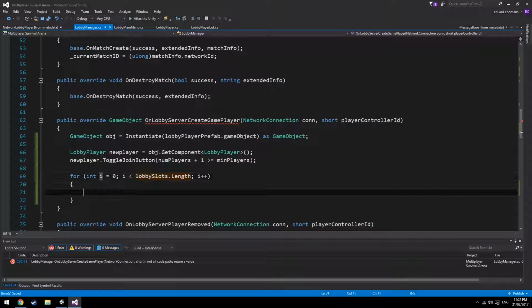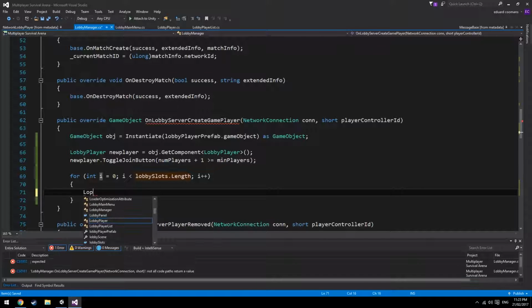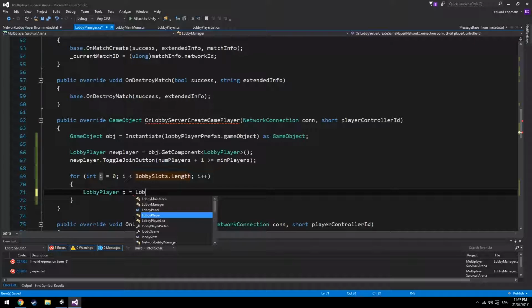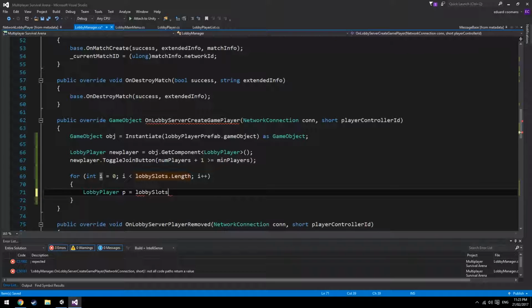So we want to go through all the available slots, or the taken slots, and we're going to say lobby player p equals lobby slots i as a lobby player,